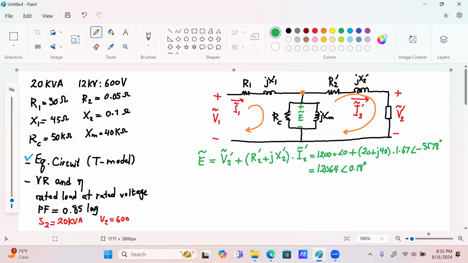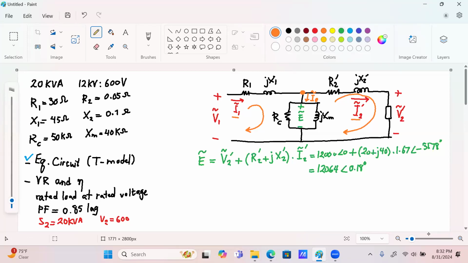Next, I'm going to have to write the KCL in that node. KCL says I1, the current that enters the node, is I2, the current that leaves the node, plus, let's call this I of E for excitation. And of course, I'm going to put the tilde on top as well. What is that excitation current? I already know the voltage E. By dividing the voltage E by the impedance of that branch consisting of RC and X of M, I can